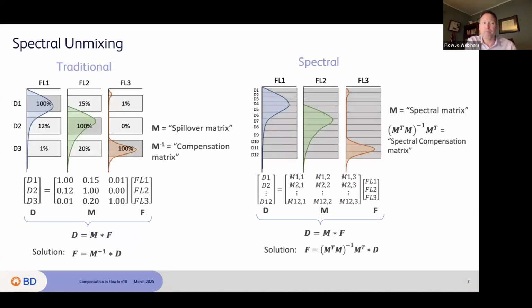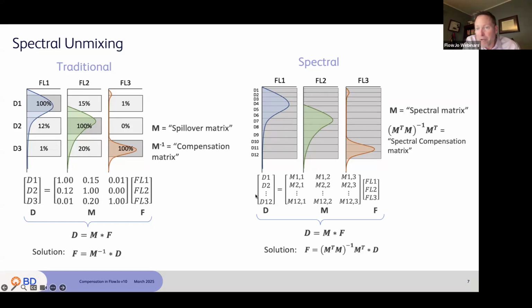Okay, so spectral unmixing. The picture on the left is just a repeat of traditional for comparison versus the spectral unmixing case. In that case, we will just essentially flood the system with lots and lots of detectors. And we'll have many more detectors than we will have fluorochromes generally. And figuring out an exact detector to be the primary detector isn't so important. You can imagine that a number of detectors would do a pretty good job for the blue or the green or the orange color. And we end up basically, though, with the exact same situation